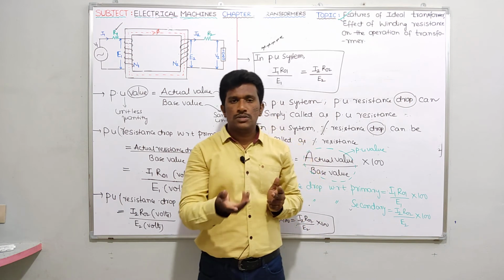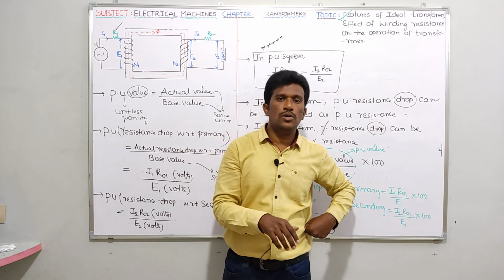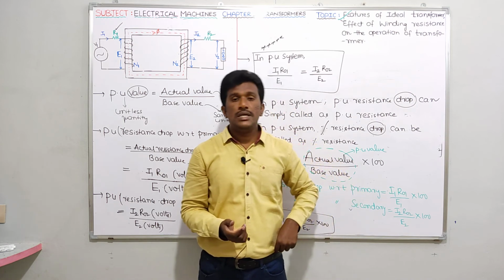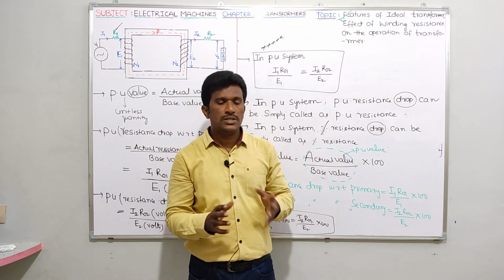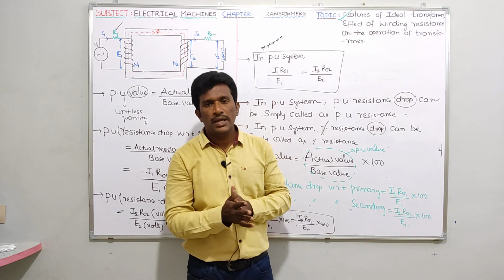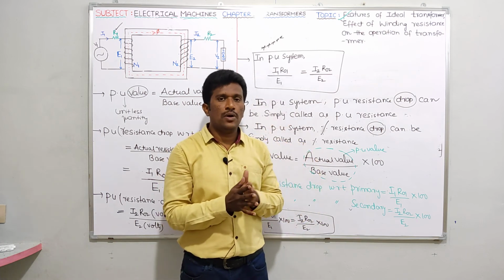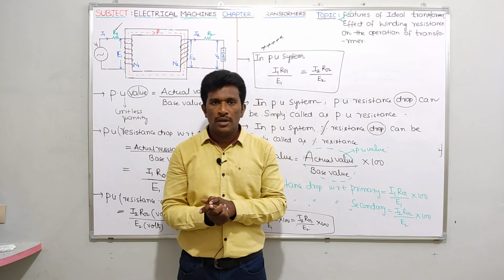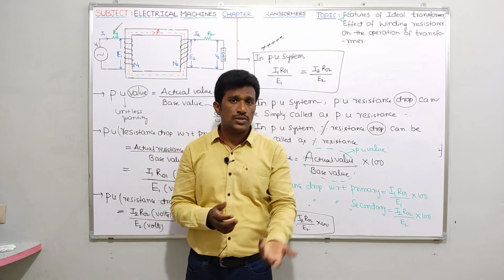Okay, copper loss equal to 0, iron loss equal to 0, I_mu equal to 0, I_w equal to 0, I_0 equal to 0. Leakage flux assumed to be absent. But practically some leakage flux will be there. We will see the effect of leakage flux also in future. Next, the shape of the phi-I curve is linear without saturation if non-linearities and saturation are neglected. But practical non-linearities and saturation will be there. We will see those effects also in future.